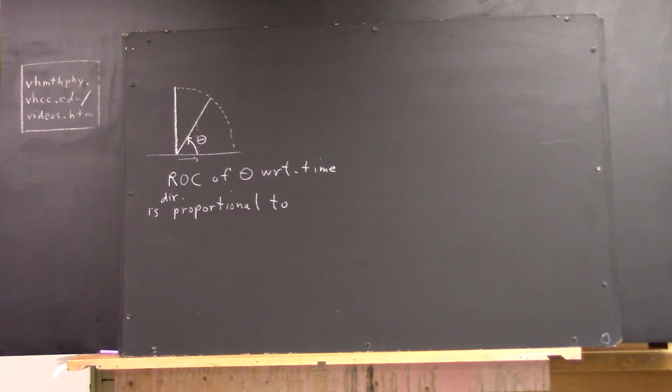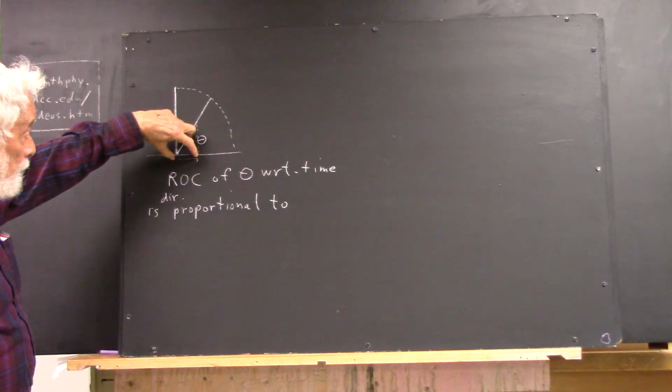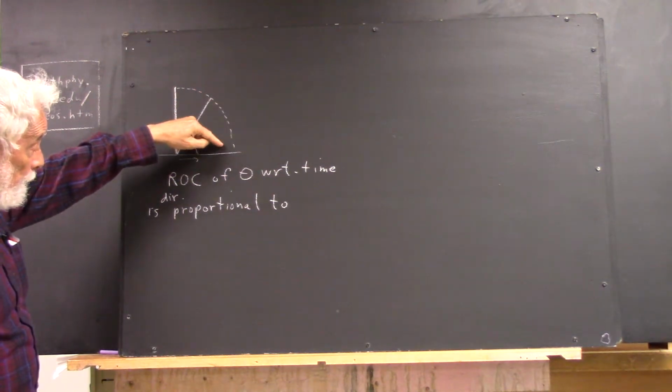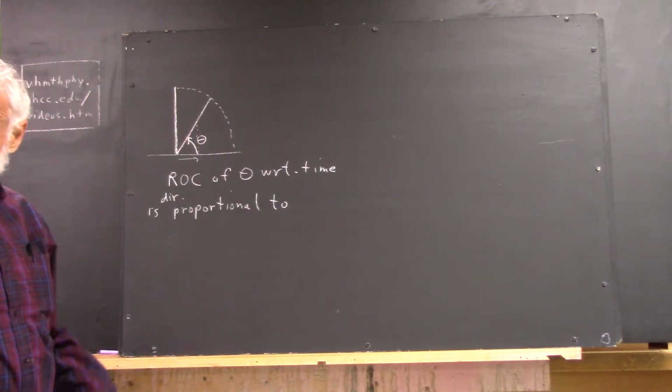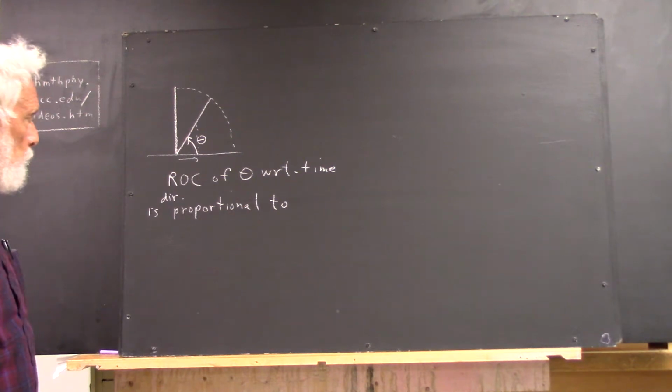Okay? That means if you were to double this distance by letting the angle change until things about here, theta would change twice as quickly,